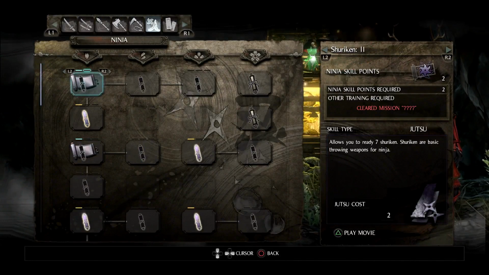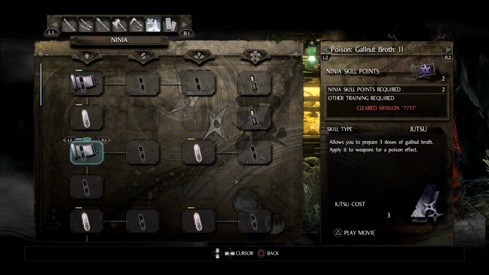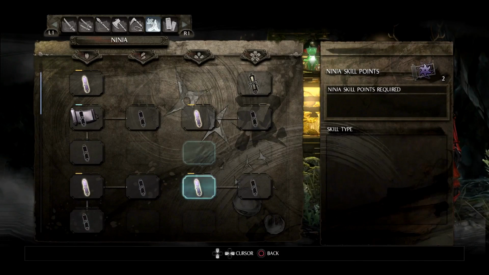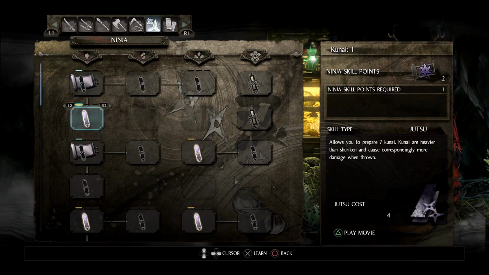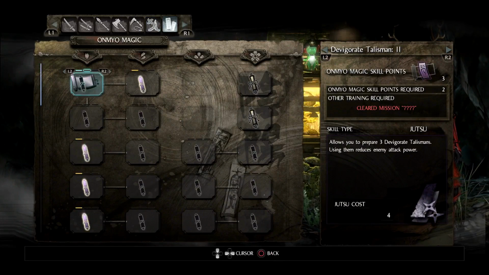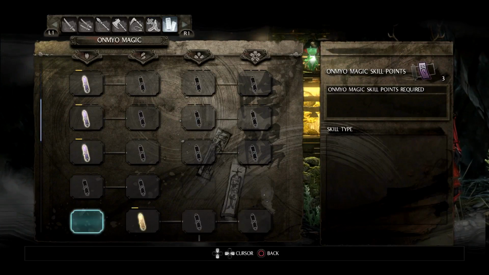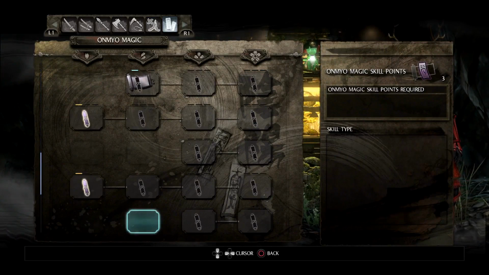And then the ninjutsu skills are down here, and you can see that I've unlocked the Gallnut broth, which is what I'm going to demonstrate. There is a bunch of other things you can unlock here, so you'll have to read them all. This is mainly to show you how to unlock them and how to equip them in a sense. Same with the magic. You see the unscrolled one I've gotten is the reduce enemy attack power, and the other ones down here, the one that I'm going to show you is...